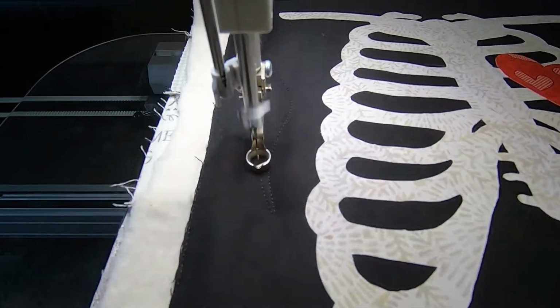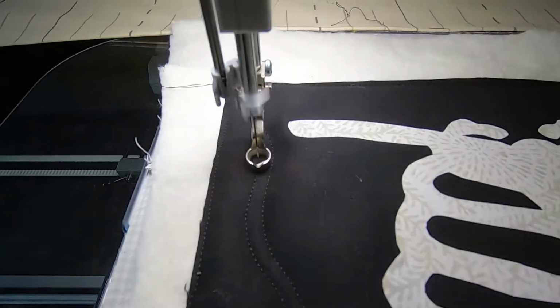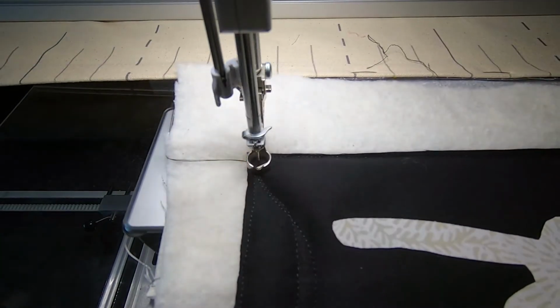First up, we will go ahead and start with the beginner friendly quilting pattern, but please take the time to